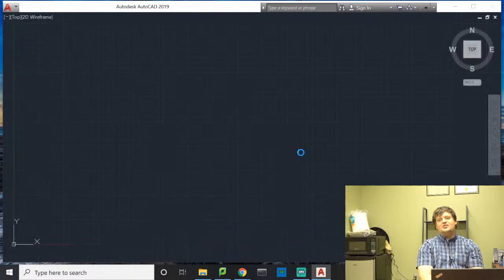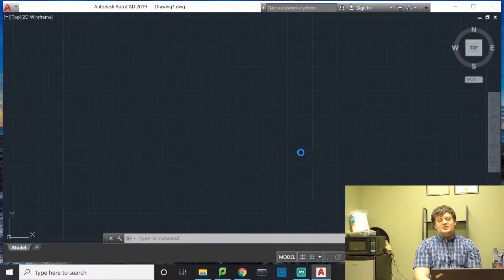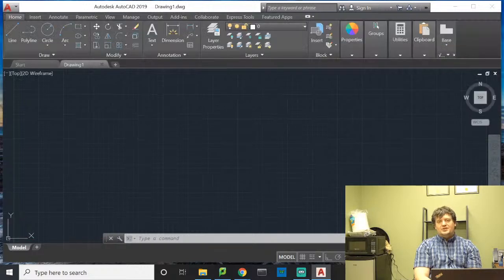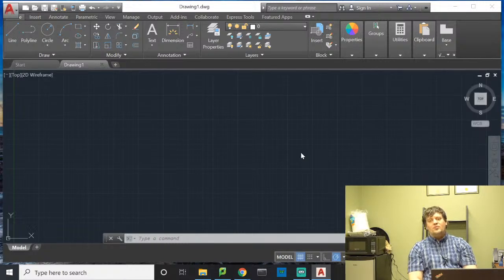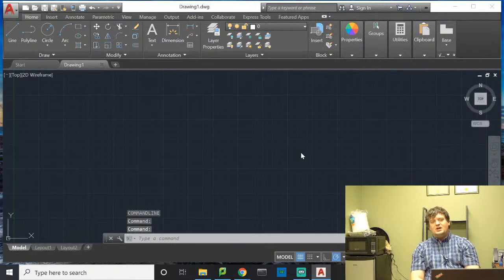When you pop into AutoCAD, AutoCAD looks like this. It's a grid background. AutoCAD is a drawing program where you have to know the dimensions of the drawing prior to initiating the drawing. I have to know a circle needs to be 4 inches before I draw the circle.